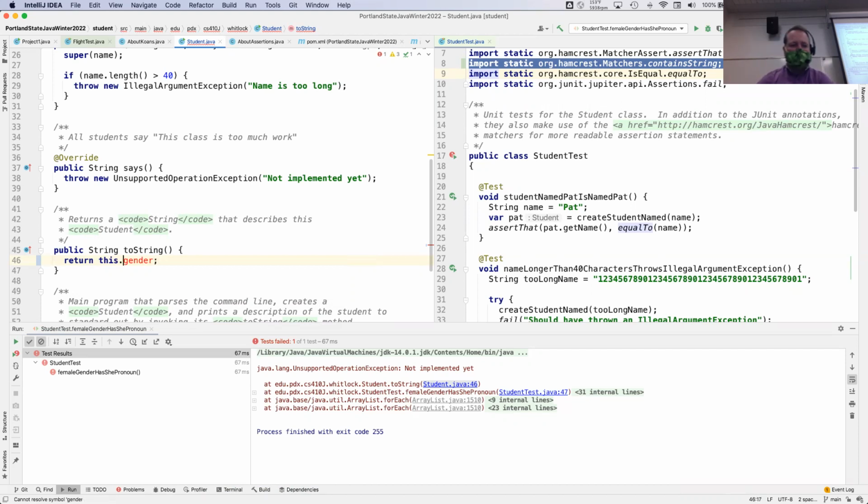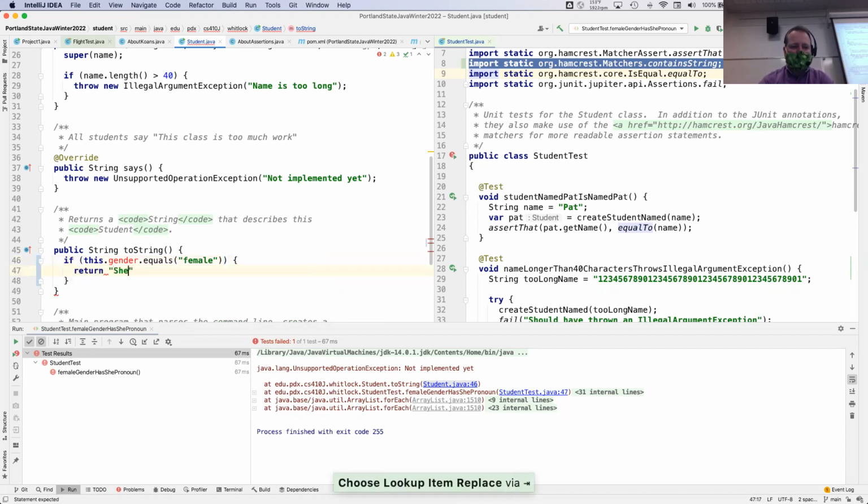If it's female, return she. Cool. Good call. Okay. So then, yeah, let's just do that. So if this dot gender, geez, Dave, learn how to type. If this dot gender dot equals female,